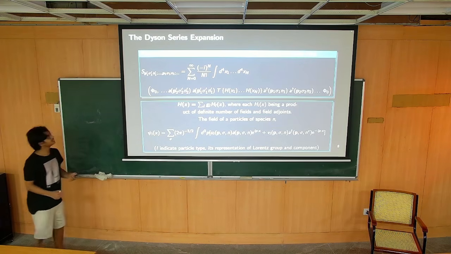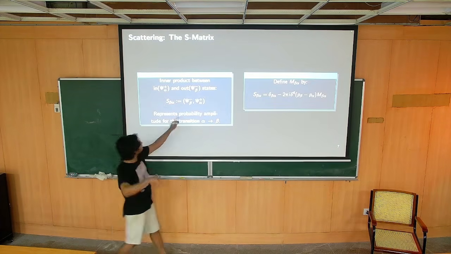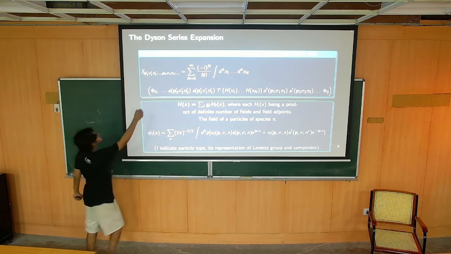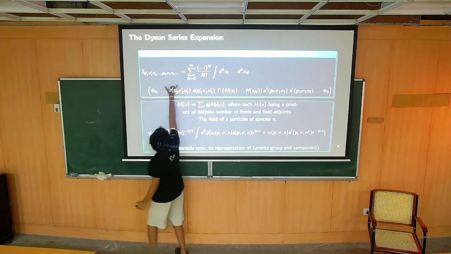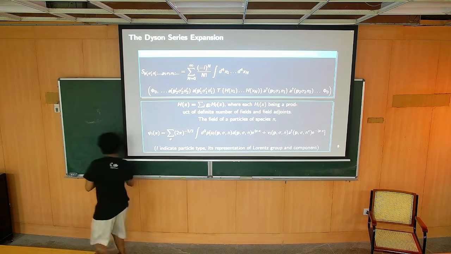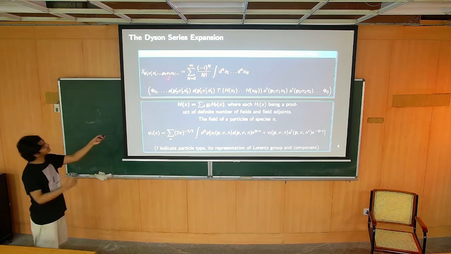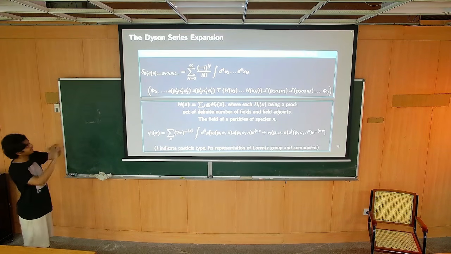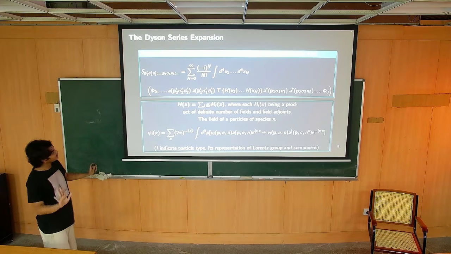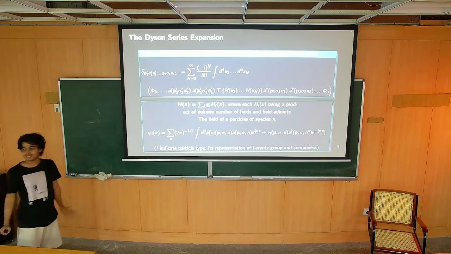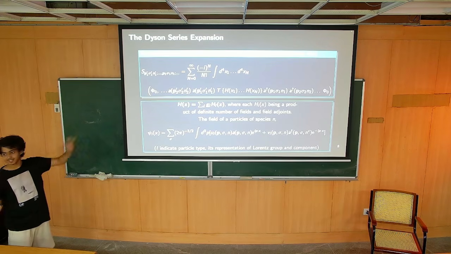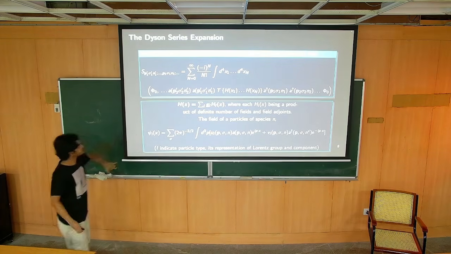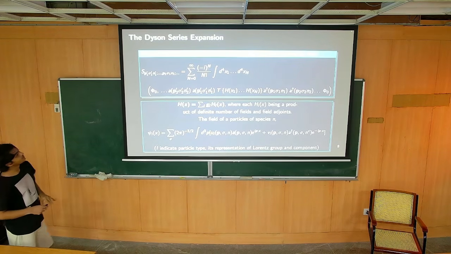So if you consider, here, beta is the out state. Suppose we have many particles. These are the many particles in the out state, and these are the many particles coming in. We want the general expression for this. By doing many things, you do the Dyson series expansion, like a Taylor expansion in powers of H, which is the interaction Hamiltonian here, and you do many things like the time